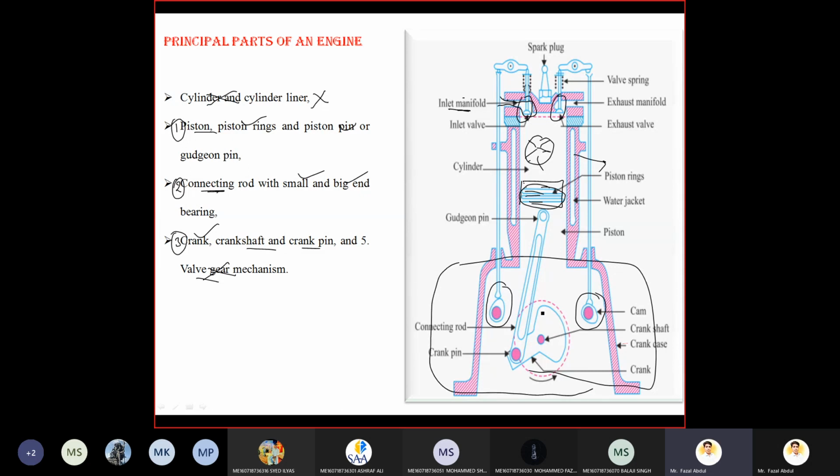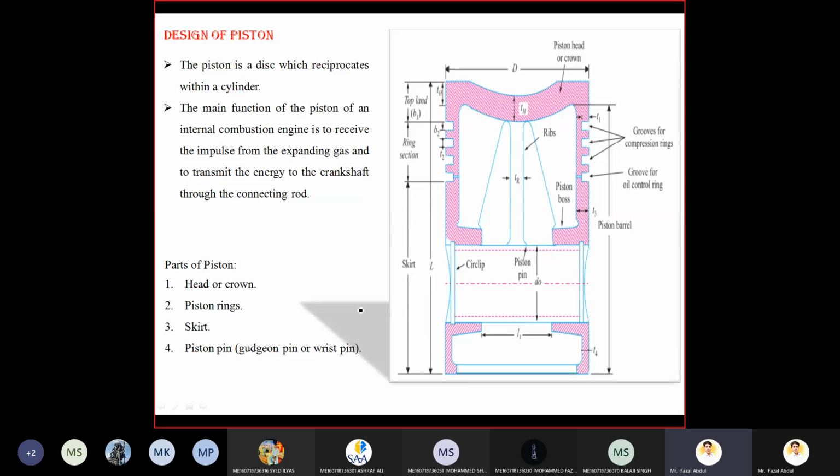Okay, so in this crankcase, there is the arrangement for the cam and follower, and the arrangement for the crankshaft support. And at the bottom of this crankcase, the oil pan is there for lubrication purposes. So what we are going to be designing here: the first one, the design of piston; the second one, the connecting rod; and the third one, the crankshaft. As per our syllabus, we are following these three. Okay, now one by one we are discussing, starting with the design of piston.